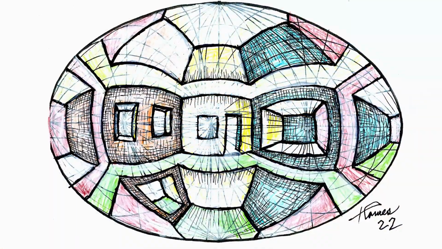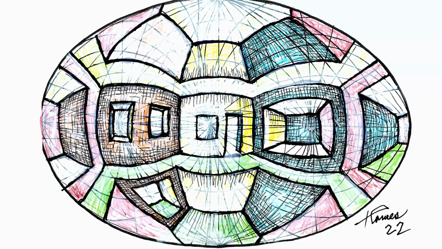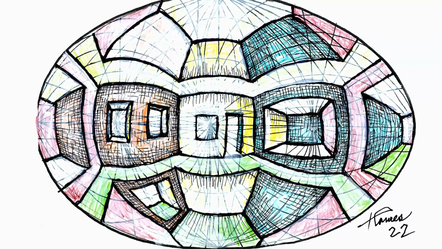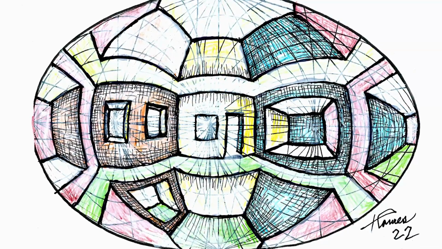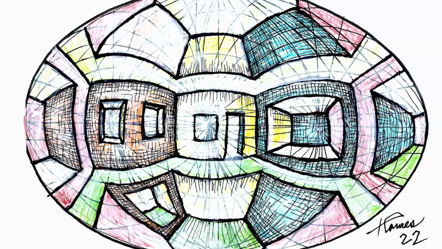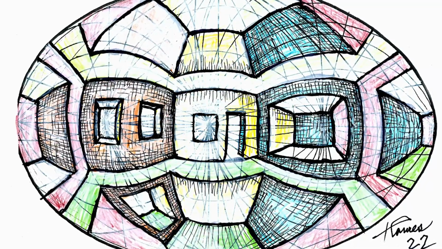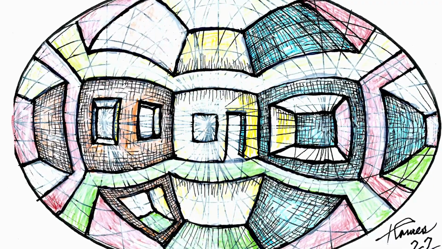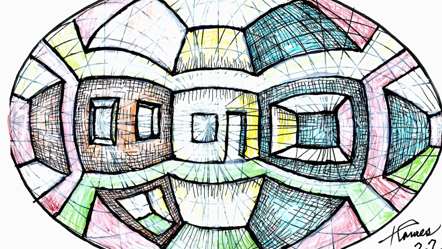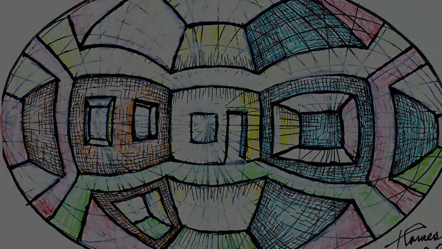So this shows the result of this particular piece. I used a lot of acrylic white paint to cancel out a lot of the line. It still sort of shows up. I used a lot of cross-hatching to bring out the different patterns and to get the depth in the windows and all of that to show up a lot better. It's a great one to explore. I hope you take it on and see what you can come up with.